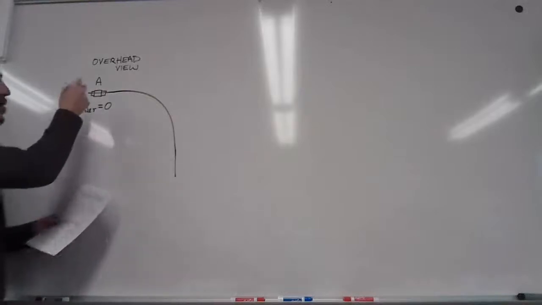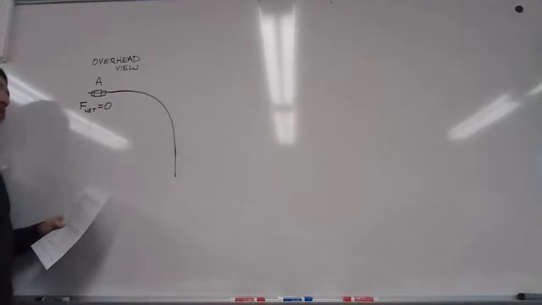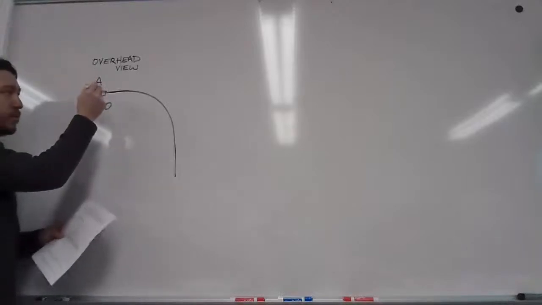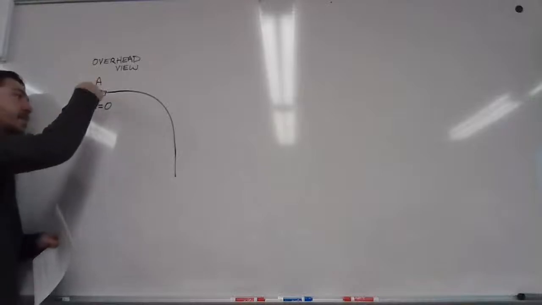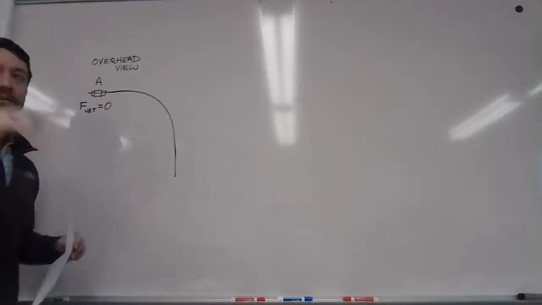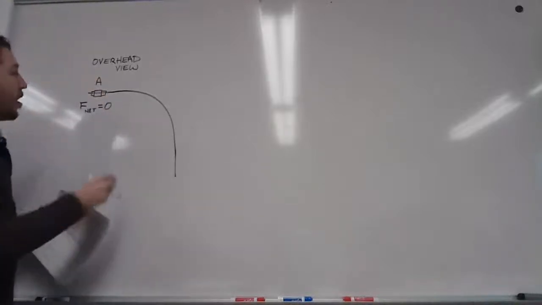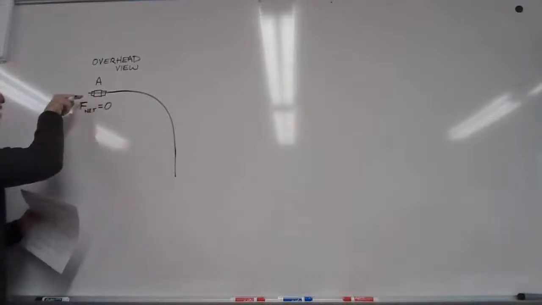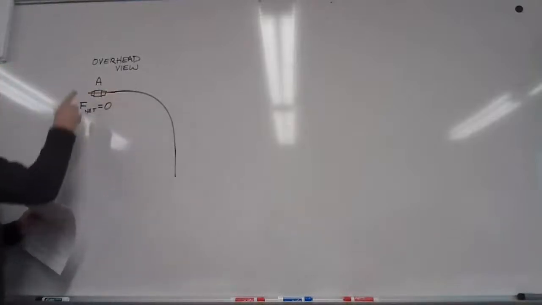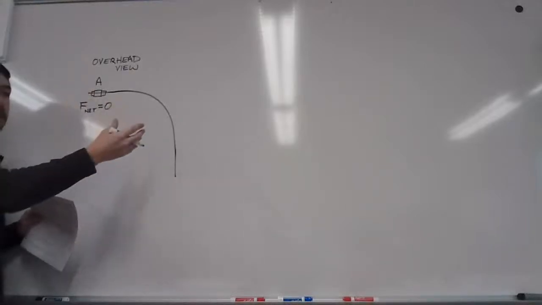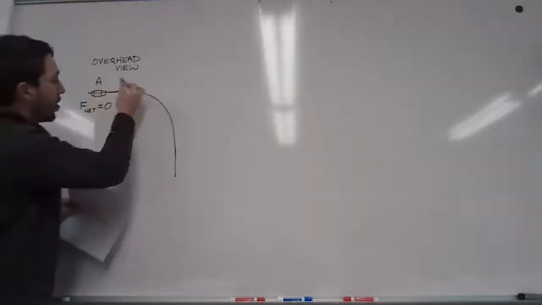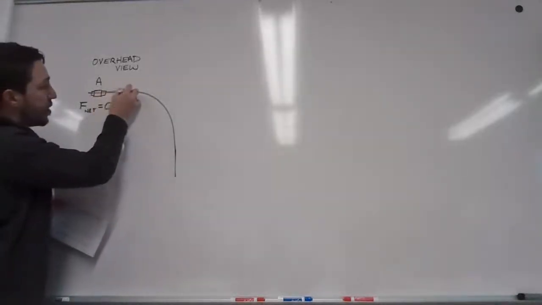Okay. So now there is, of course, a force vector pointing into the board. What's that called? The vector that points, yeah, it's called gravity. So gravity points into the board, normal force points out, but that's not really what we're concerned with right now. What we're concerned with is the fact that as far as going forward, backward, left and right, from his perspective, the road doesn't need to exert any force on him in order to keep him traveling in a straight line, okay? But as he travels through this bend,